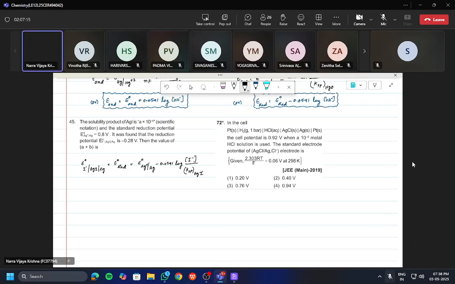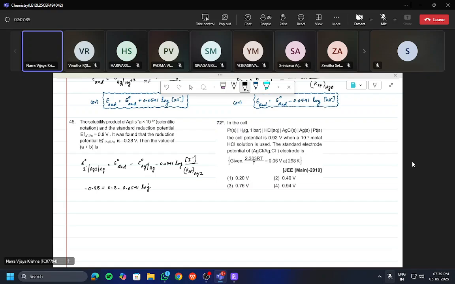Direct formula or not? What is the E naught reduction given? Minus 0.28. Correct? Minus 0.28 is equal to what is the E naught reduction of Ag plus to Ag given? 0.8 minus 0.0591 log